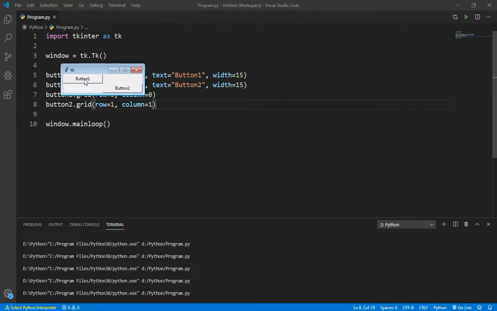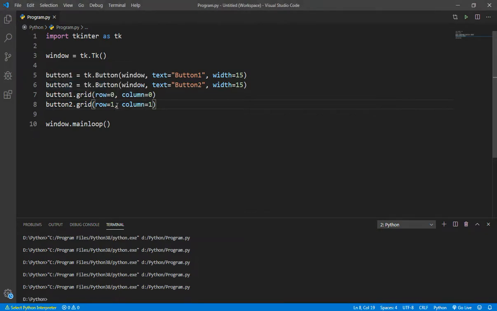Now as you can see, there are two buttons here, and as button1 is defining the width value of both row and column, that's why according to row, button2 is on the second row, and according to column, button2 is on the second column, 15 pixels away, as you can see. Okay, so let's do column equals 0 now.